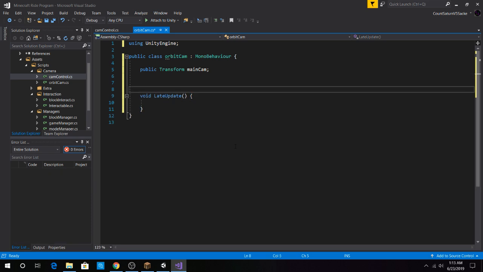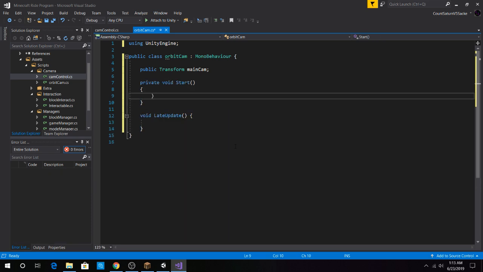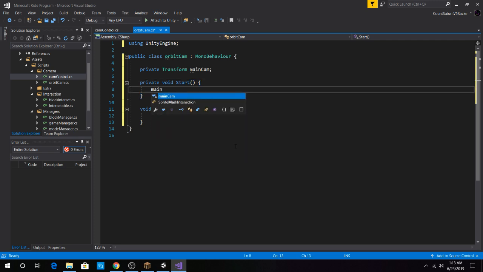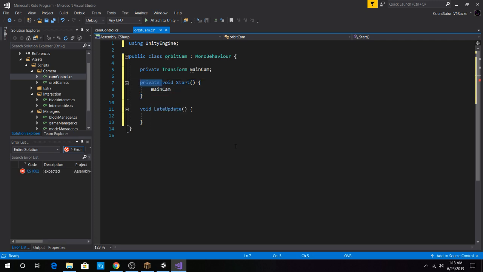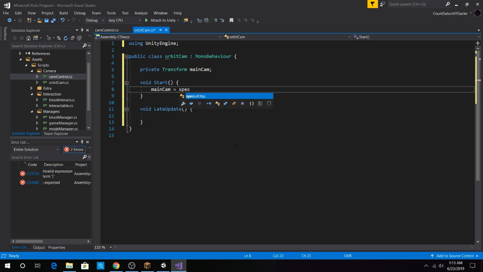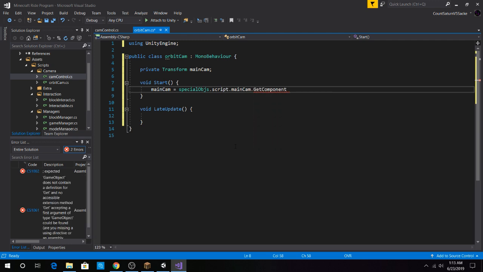Actually, let me just test if it works, and let's have this private first. Main cam, get rid of this private, it's not necessary. Main cam will be set equal to special objects.script.mainCam.get component, and this one will be its